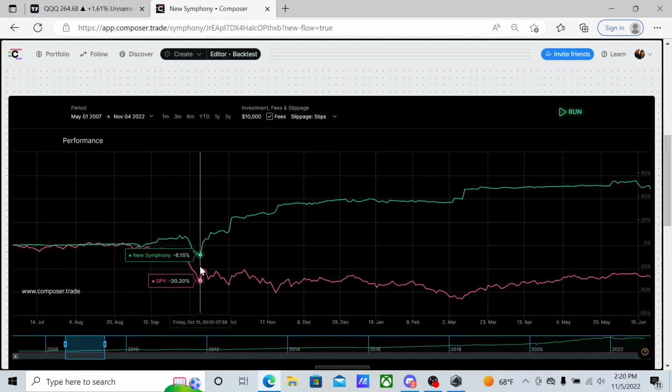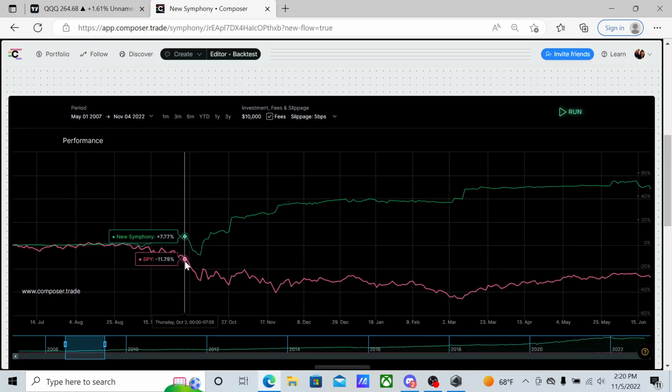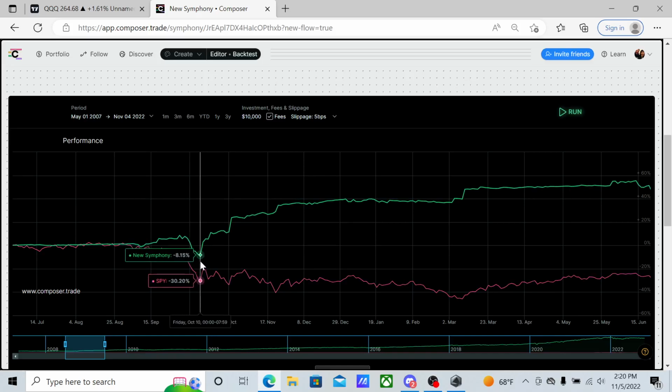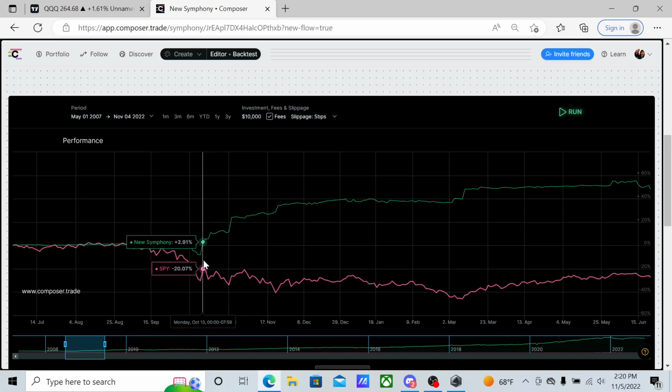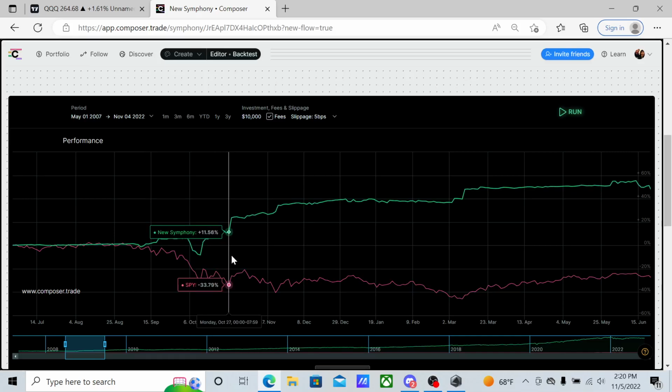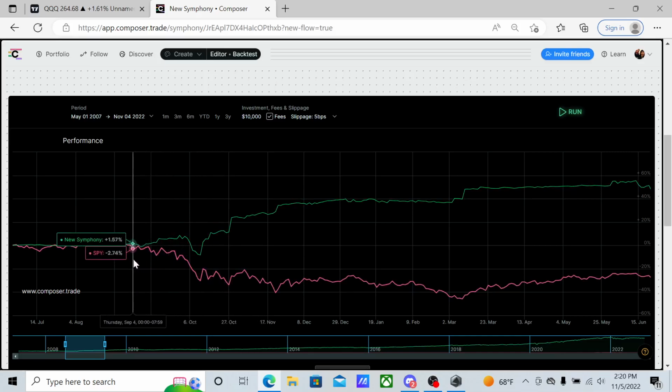once the crash has started, what we were doing here was attempting to buy the dip, but it kept falling, and then boom, you got a rebound. So you caught that rebound, and then the strategy continued to go up while the S&P 500 continued its downward decline. Right there, there's another dip, and you can see the strategy rebounded once again. And there's another bounce here, boom, so you jumped up. So basically,